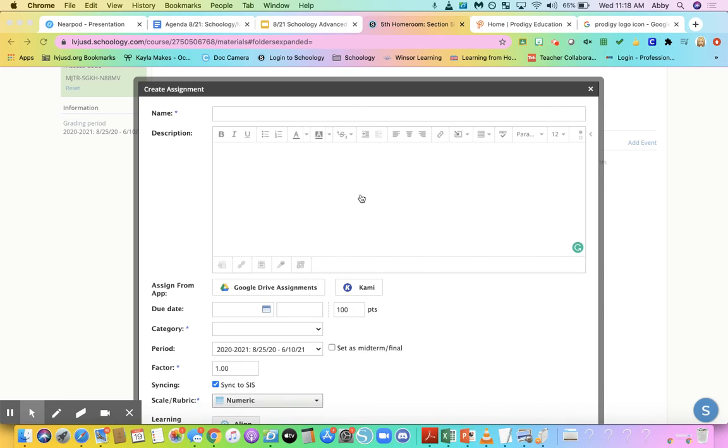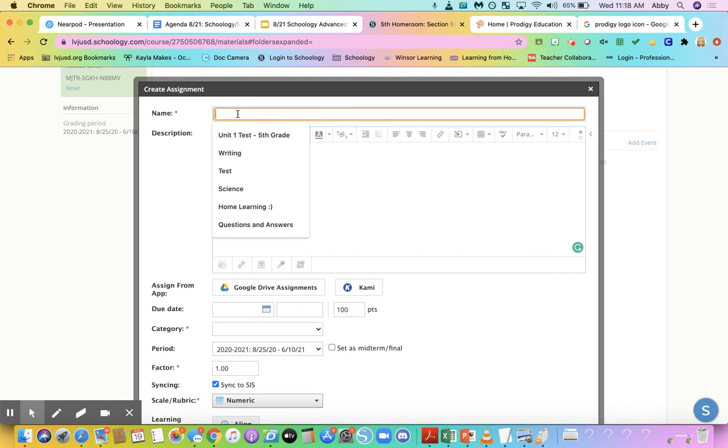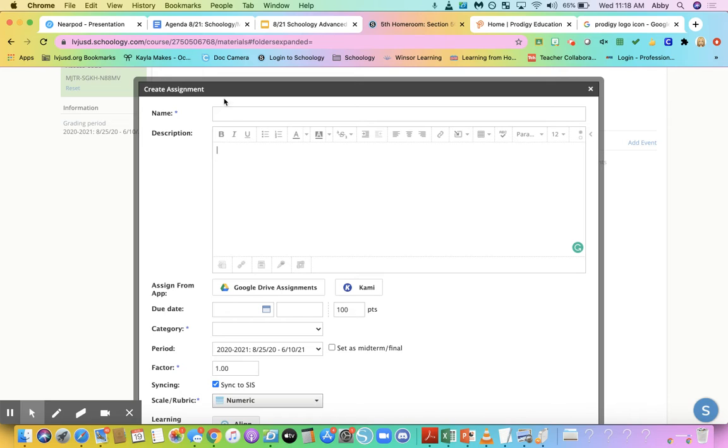So something else you might want to do is hyperlinks. Hyperlinks are going to be very helpful for students to navigate to other websites through Schoology. So I created an assignment, and if I wanted my students to work on Prodigy, instead of doing an external tool, you can hyperlink. So I can say log into Prodigy here